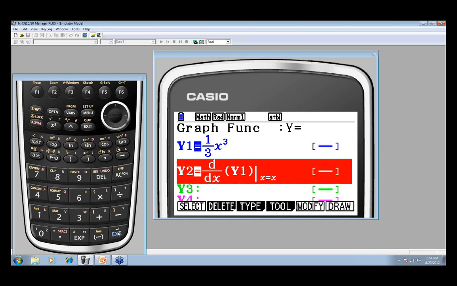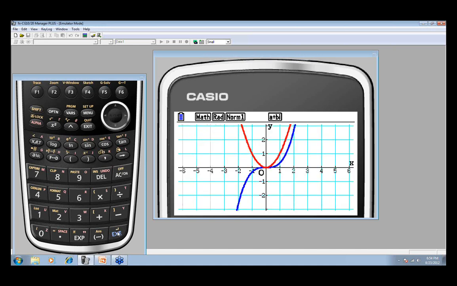Can you make a prediction? I would ask my students at this point, can you make a prediction of what you think the derivative might look like? We noticed that the constant function went to 0, a linear function went to a constant number, a quadratic equation went to a linear function. It seems like everything's kind of going down in power. So hopefully they have realized that since this is cubic, the derivative will be quadratic. We'll go from a 3rd degree function to a 2nd degree function.